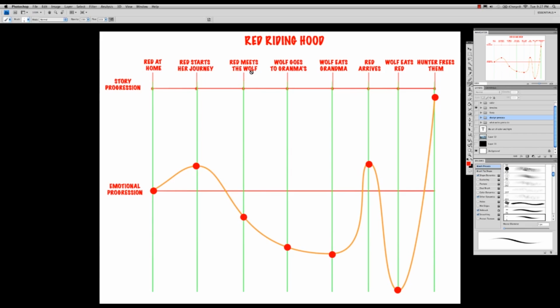And so as the story goes, Red meets the wolf. She says, I'm going to Grandma's house. I'm going to give her cake and stuff. And the wolf says, hey, why don't you take a minute and go pick some flowers? So Red Riding Hood goes and picks some flowers, and while she's doing that, the wolf heads off to Grandma's. And so the reason I put this as an emotional beat is,